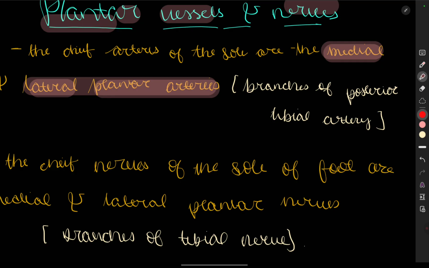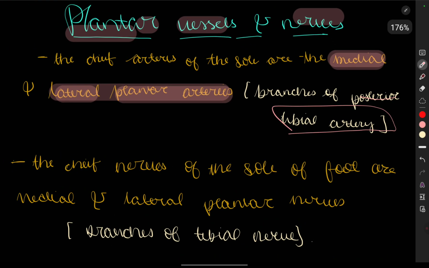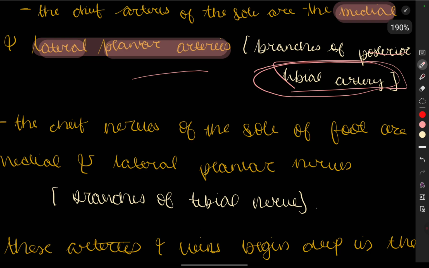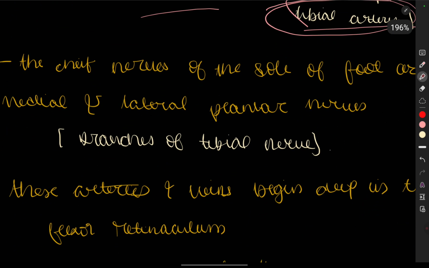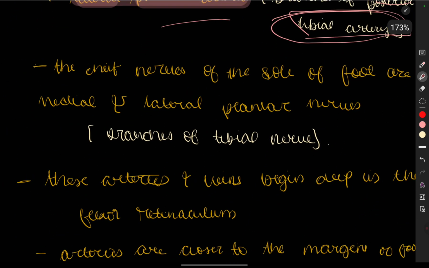which are the branches of the posterior tibial artery. Which ones? The medial and the lateral plantar arteries. They are the branches of the posterior tibial artery, not the anterior tibial artery. Keep that in mind. Now, the chief nerves of the sole of the foot are the medial and lateral plantar